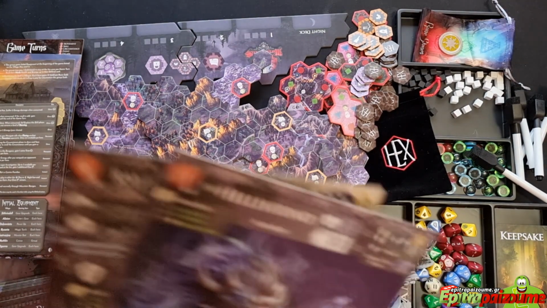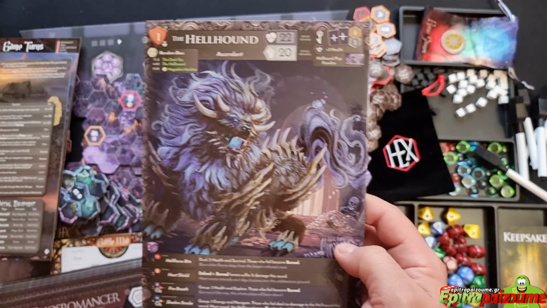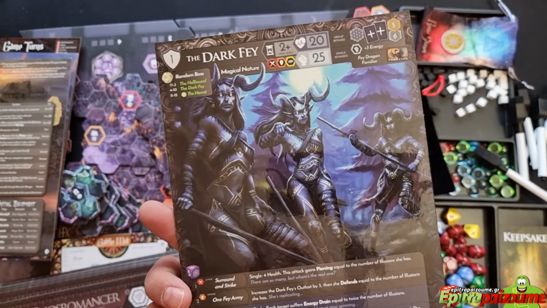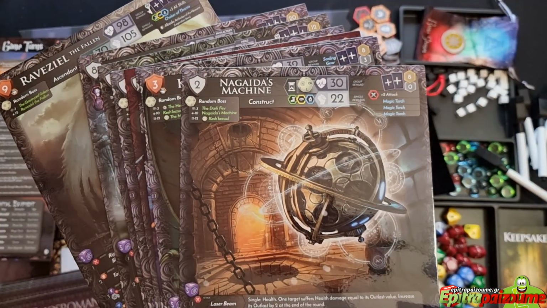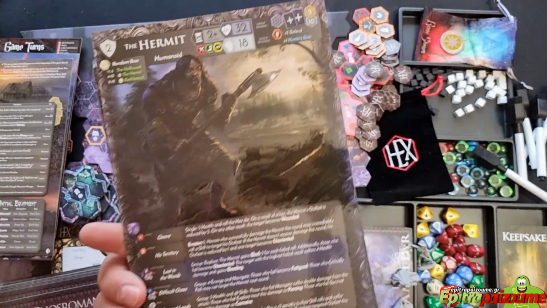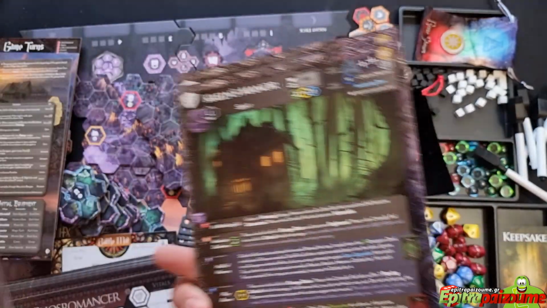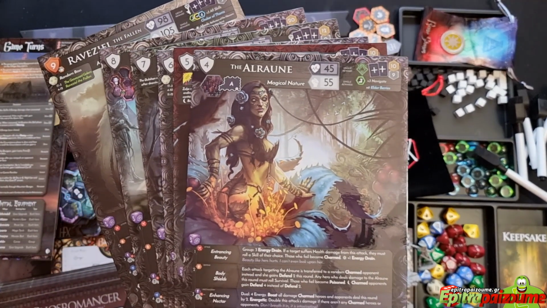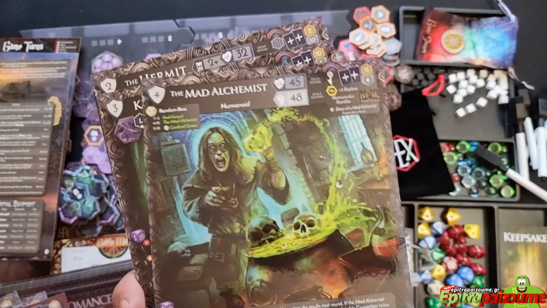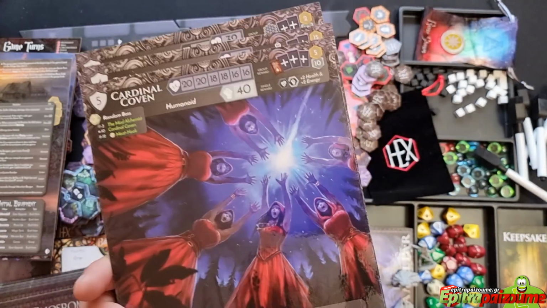And then here are the evil enemies. You'll be facing the Hellhound or the Dark Fae. You'll be facing Nagaida's Machine. How cool is that? Or the Hermit. You'll be facing Kezu, and I'm sure I'm pronouncing everything wrong, but that's fine, or Kyle's Manor, the Alraun, or the Mad Alchemist, Gelza, or the Cardinal Coven, Midhook,